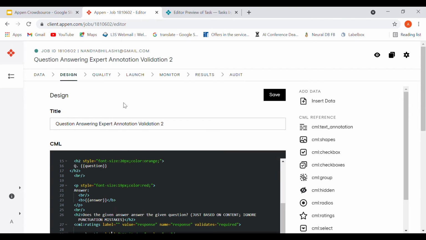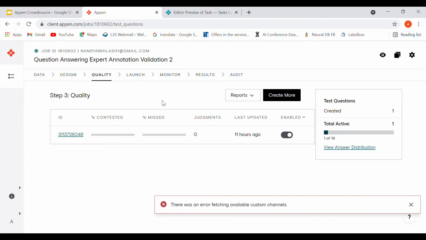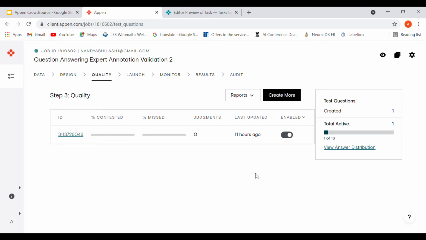All right, then we go to quality. If you go to quality, you can give test questions. What is a test question? A test question is something by which you can filter out annotators who do not get what the task is about, or who just do some erroneous annotations. To do that, you can go to quality and create some.